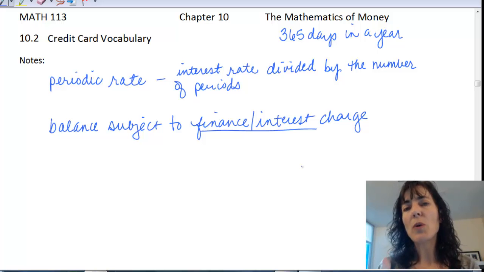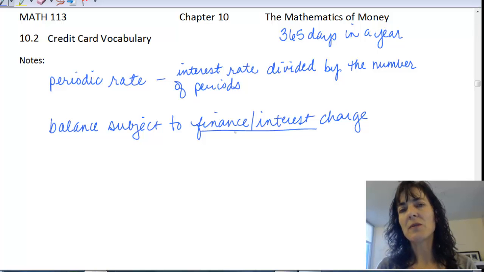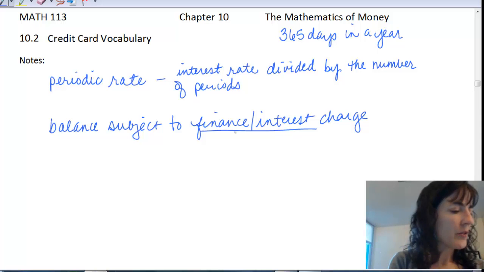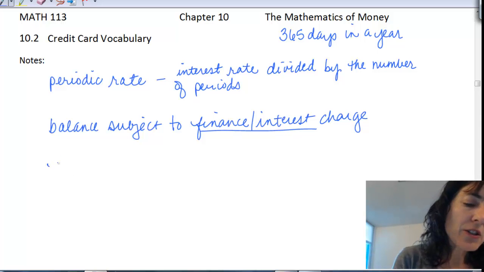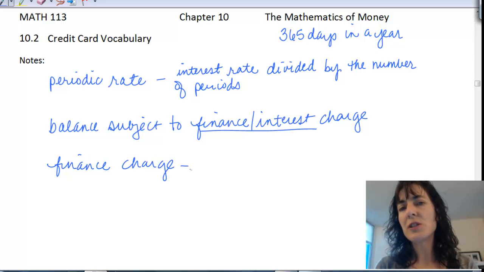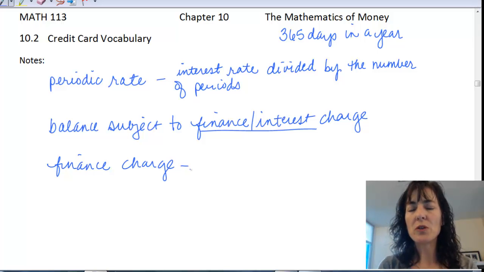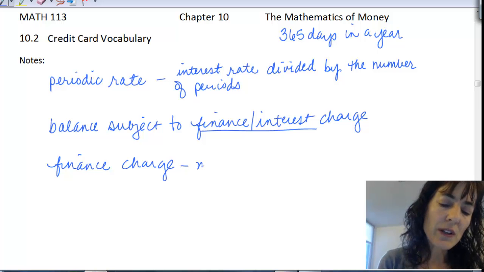But what happens if you leave it on the next month would be that you have a finance charge or an interest charge, they'll call it either one, and that'll be calculated based on how long your money was left on the credit card. Okay, and then a finance charge. Finance charge is just the amount of money that gets charged by a credit card to the person holding the card. So it's money